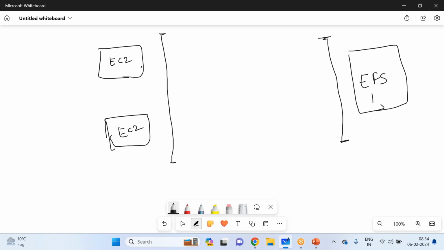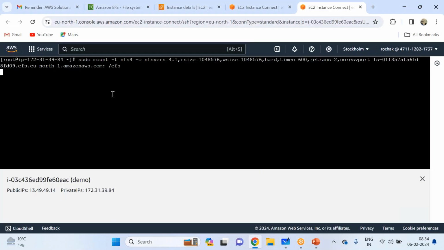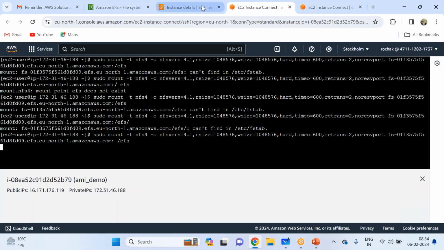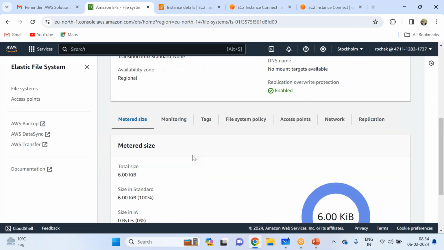Now, when I'm trying to mount the EFS, the request is going to the security group. And by default, we know that a security group blocks all the traffic. So what we need to do is make an entry in this particular security group that whatever traffic is coming from these EC2 instances should be allowed. Okay, so currently you will get a timeout error probably in some time. So what I will do is see what the security groups of my